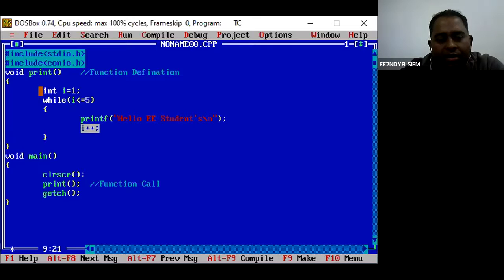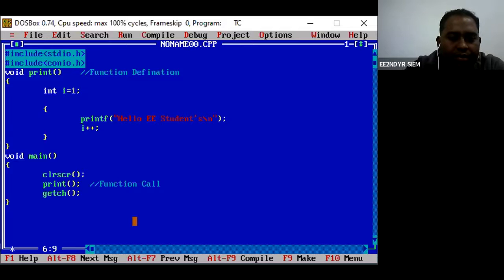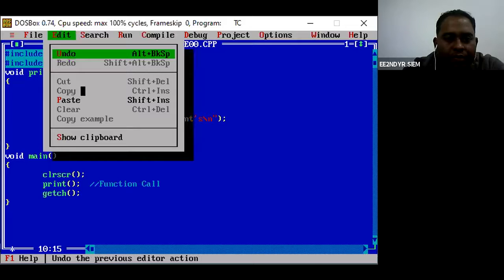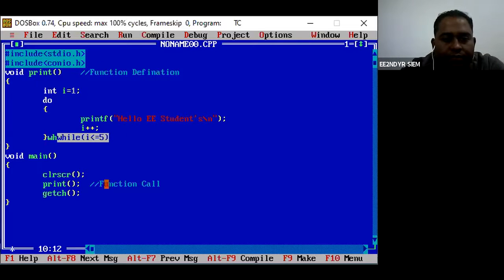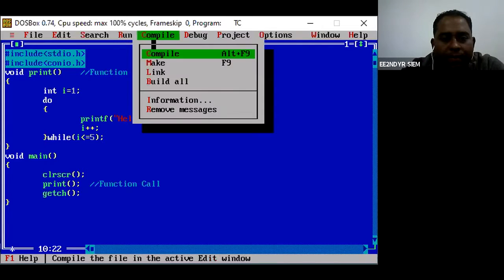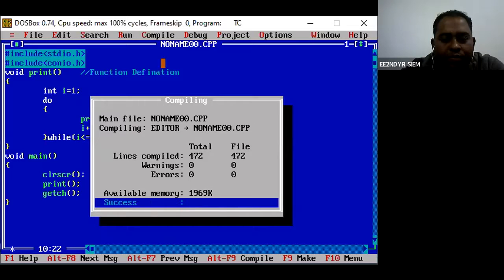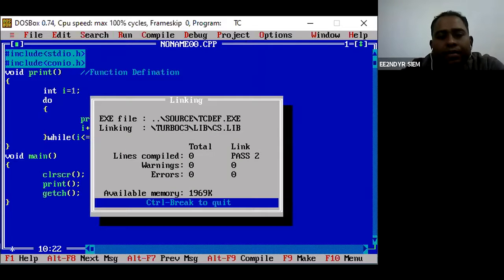Now we'll see do while. In do while, these things will come down, and one more thing is that here you have to use a semicolon.